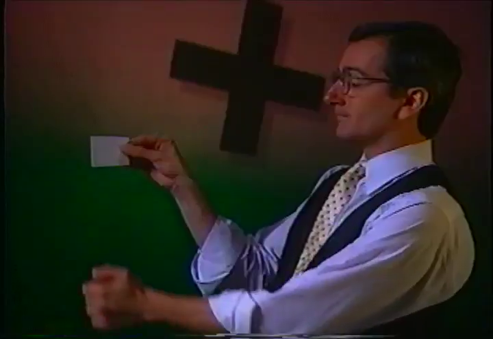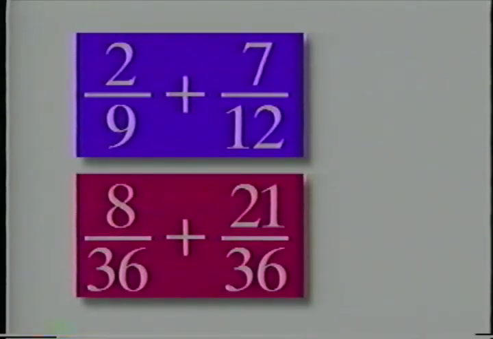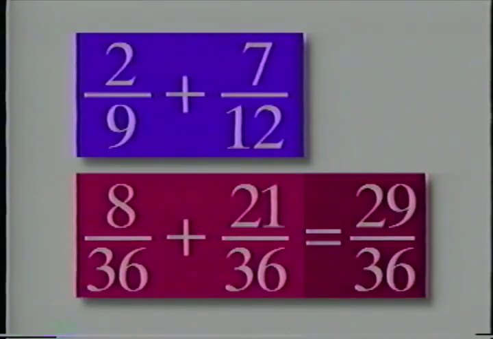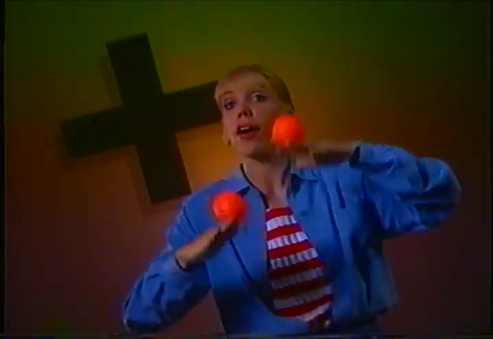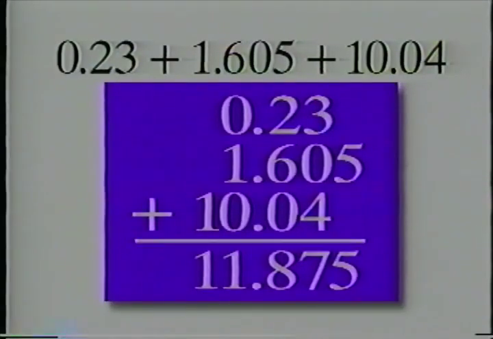Think for a moment about adding and subtracting fractions. Simple enough. Just convert them all to equivalent fractions with a common denominator. Then add. Or subtract. Now think about adding or subtracting decimals, even easier. Just line up the decimal points and add digits with the same place value. Or subtract. A calculator could do it in less than a second.